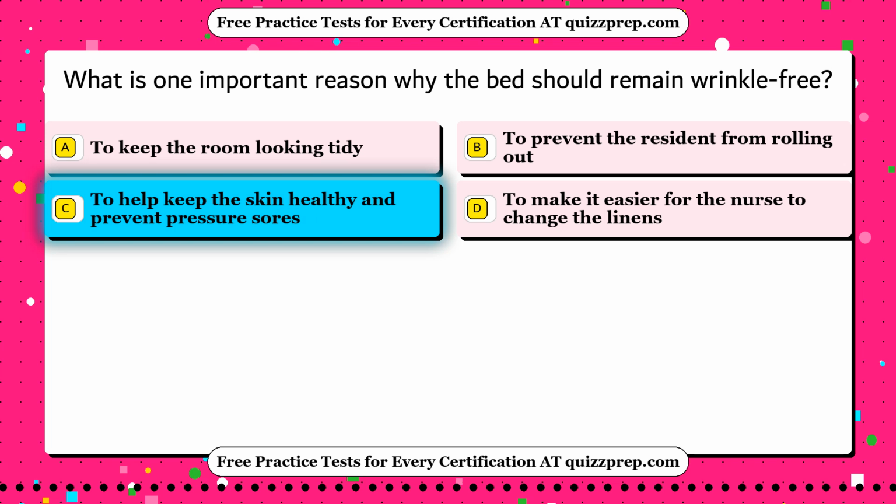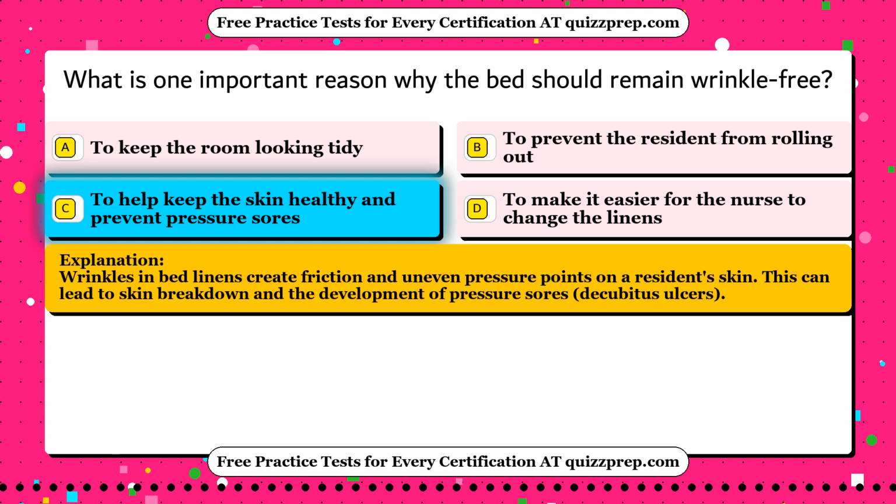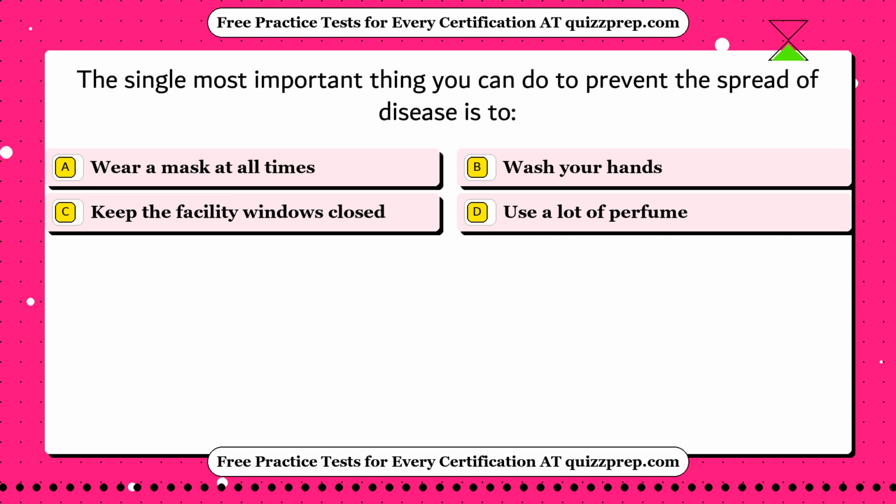The correct answer is option C. To help keep the skin healthy and prevent pressure sores. Wrinkles in bed linens create friction and uneven pressure points on a resident's skin. This can lead to skin breakdown and the development of pressure sores, decubitus ulcers. Question 20. The single most important thing you can do to prevent the spread of disease is to: Option A,